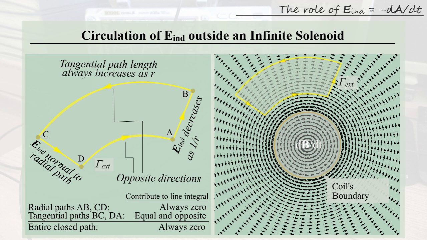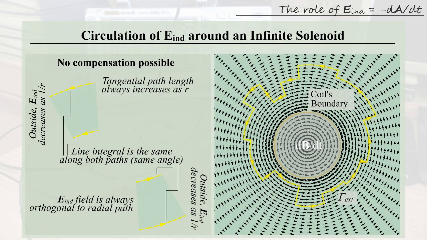We can intuitively understand why this happens by directly looking at the field in the special case of an infinitely long circular solenoidal source. In this case, the induced field has a simple analytical expression, and we can analytically compute all path integrals to show how only linking the source affects the results, while not linking it leads to a cancellation of contributions on oppositely directed paths. These figures are just a preview of what's coming up next, and I will get into the nitty-gritty mathematical details in one of the next videos,